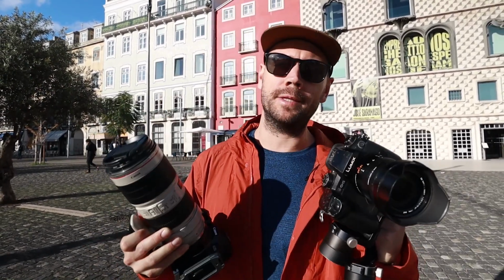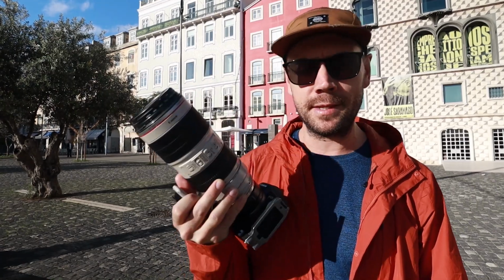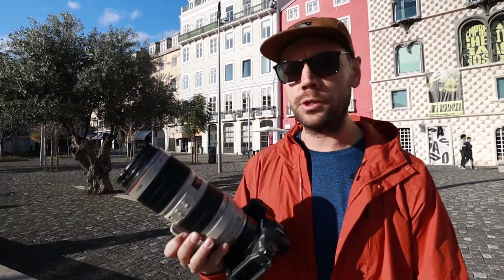The number one tip and thing to remember when filming urban B-roll is a telephoto zoom lens. So here on the GH5 we've got the 12-60 from Leica, it's a 2.8, and because the GH5 is a micro four thirds, it's a crop sensor, so it effectively works as a 24-120. And then this guy, you all recognize this, is the 70-200 Canon 2.8, and on the URSA it also works